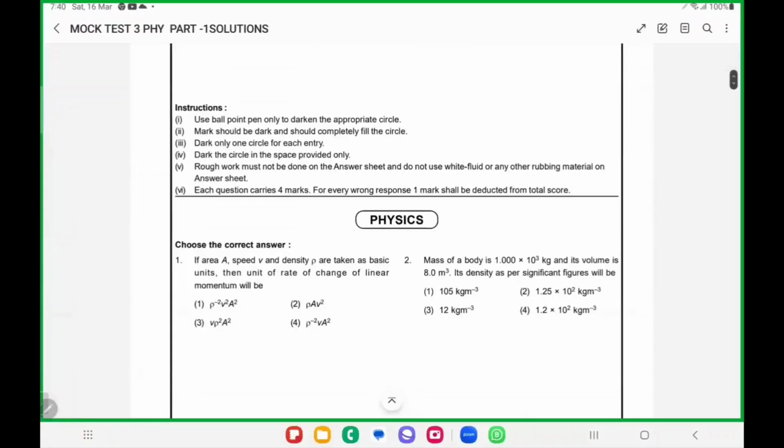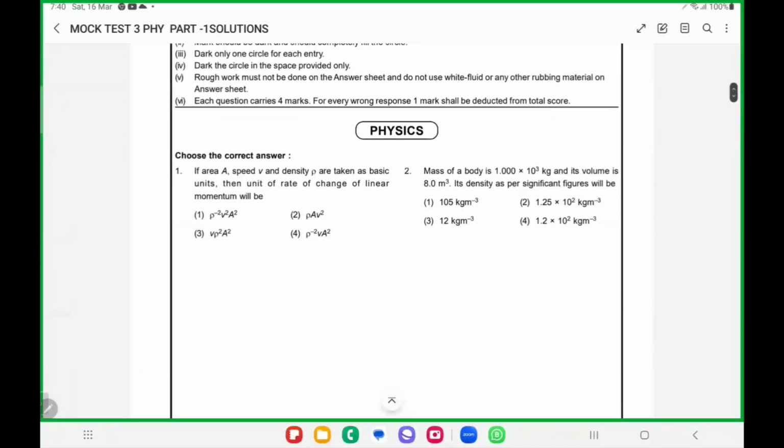In this third mock test, I am discussing the first 15 questions. Here,